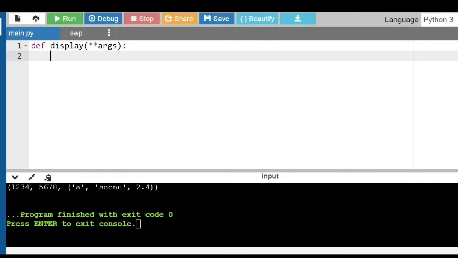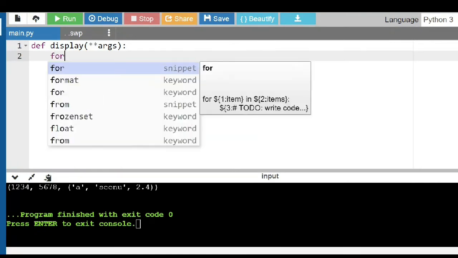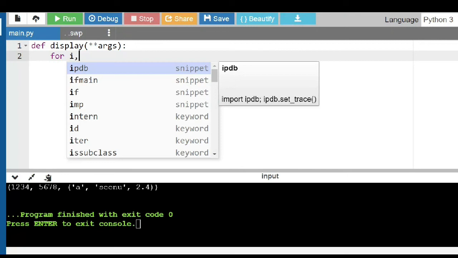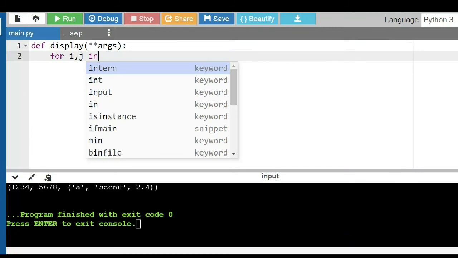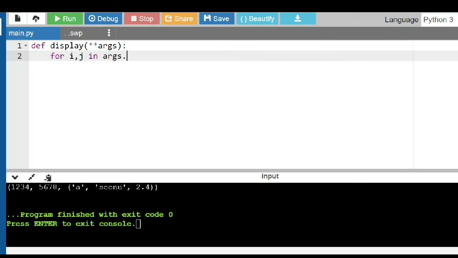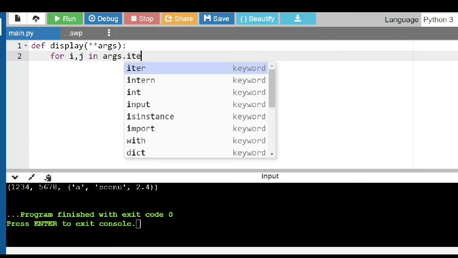Since it is accessing a dictionary, I'm using for, and I have two things to access, one is a key and the other one is the value. So I said i comma j in dictionary dot items, because I want both the key and value.